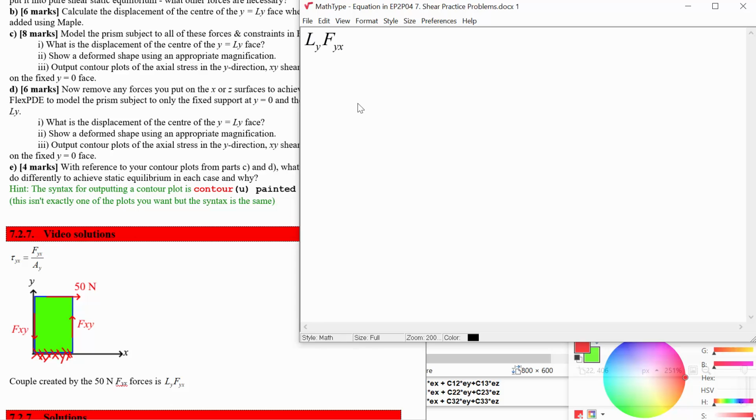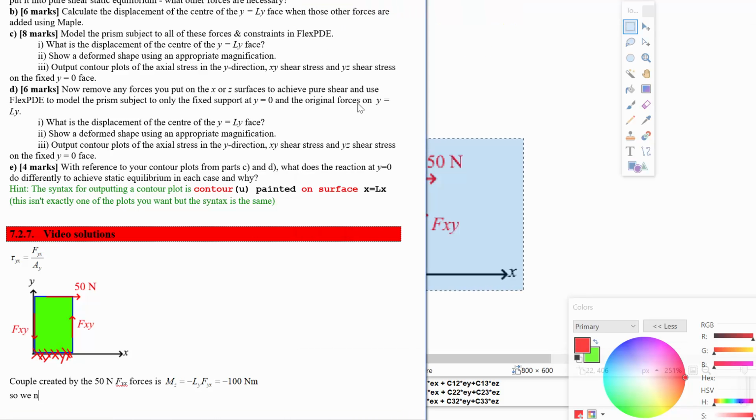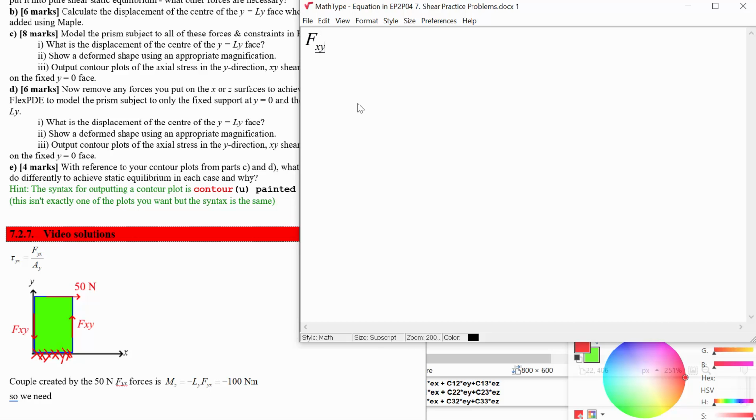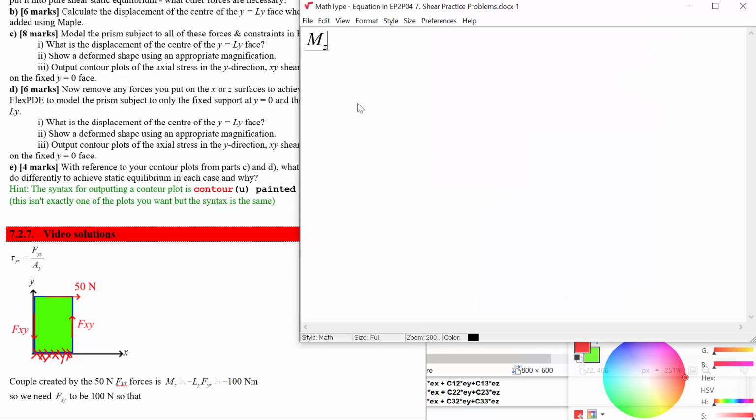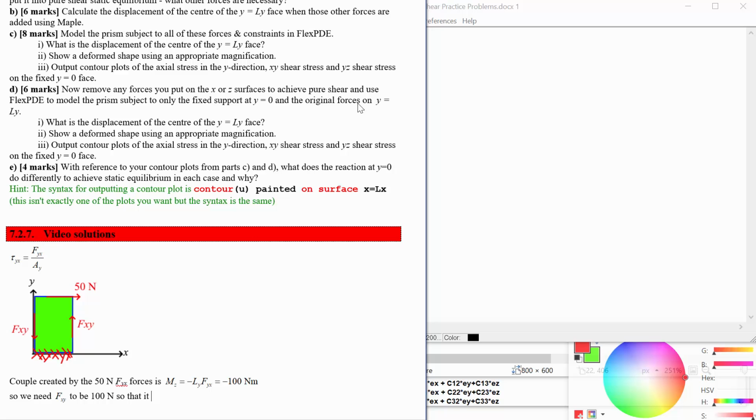So that would be Mz equals that, which is equal to negative 100 Newton meters. So we need Fxy to be 100 newtons so that the couple created by the force on the right face in the up direction, in the positive y direction, and the force on the left face in the negative y direction,